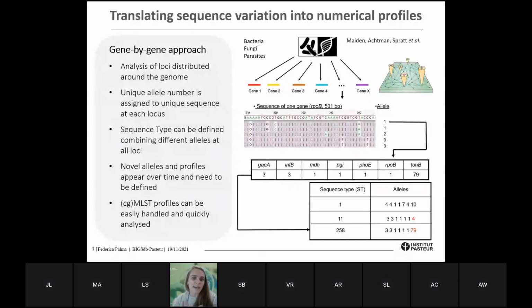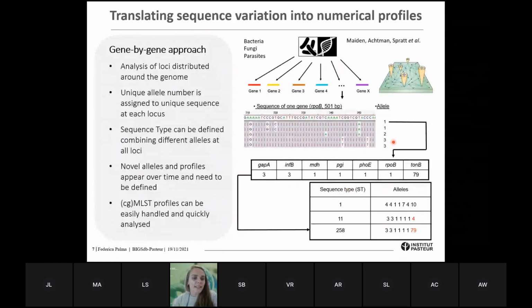Once the sequence is detected, it can be translated into a numeric identifier, as we can see here, and all the allele variants for this locus can be assigned a specific identifier, and the combination of such identifiers, inside the profile, can be translated into a sequence type